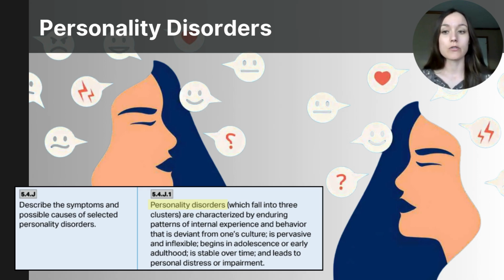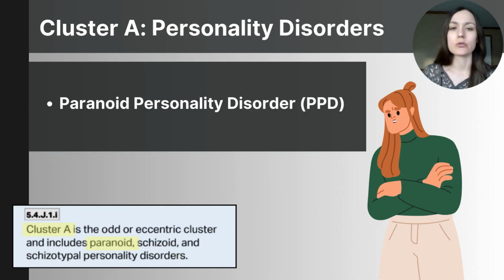Based on the diagnostic interview data from the National Comorbidity Study replication published in the National Institute of Mental Health, it's believed that about 9% of the population has at least one personality disorder. The DSM 5 categorizes personality disorders into three clusters based on shared characteristics. The first cluster is called Cluster A, and Cluster A disorders are similar because they share characteristics that are considered odd or eccentric. And these individuals exhibit social withdrawal, suspiciousness, and atypical thought patterns.